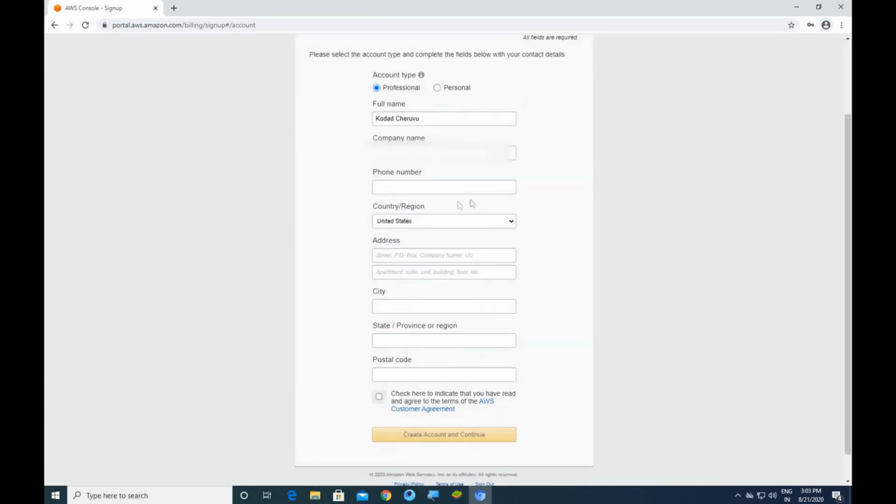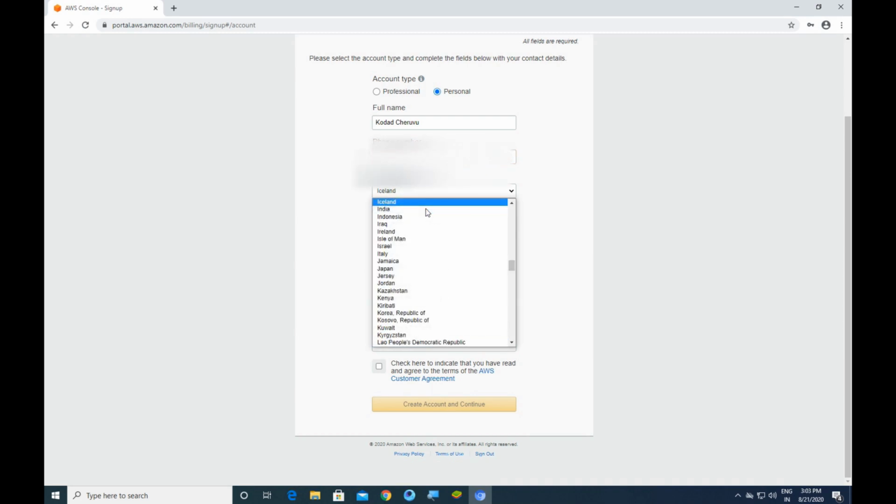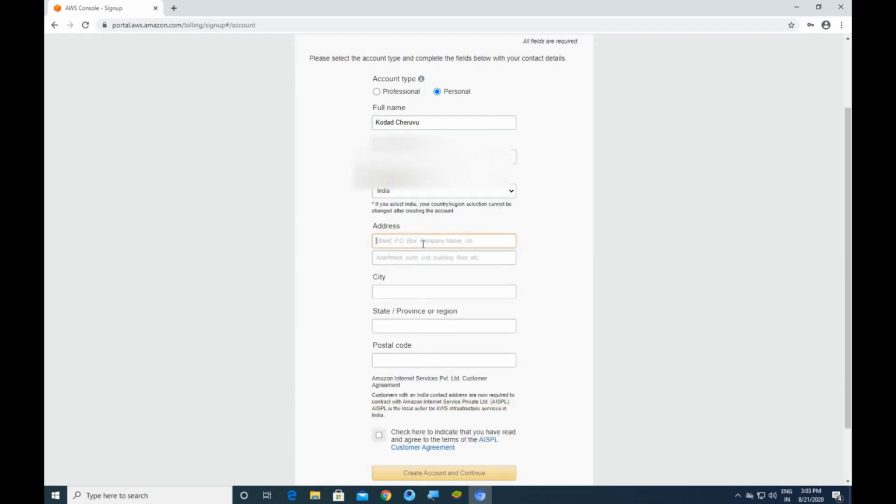Guys, please enter your original phone number because there is no issue in it. Please enter only India numbers and select your country as India. And please fill in the address details however you want. You can use any address and any postal code or zip code. There is no issue in it.